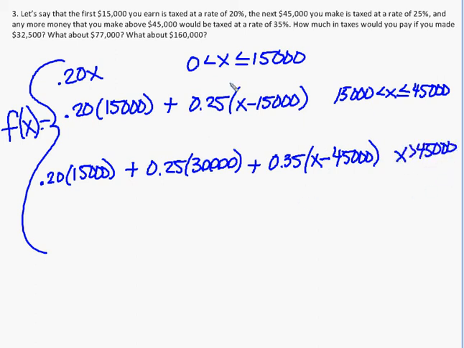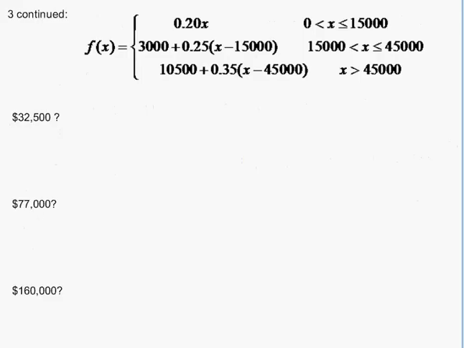Now once again, I want all of this cleaned up so it should look like this. So now we have our three different scenarios. What if we make 32,500? How much are we going to get in tax? You look at this number, see which one it fits. Now this one fits in the middle, so we're just going to take the 32,500 and plug it into x here. By doing so, we should get